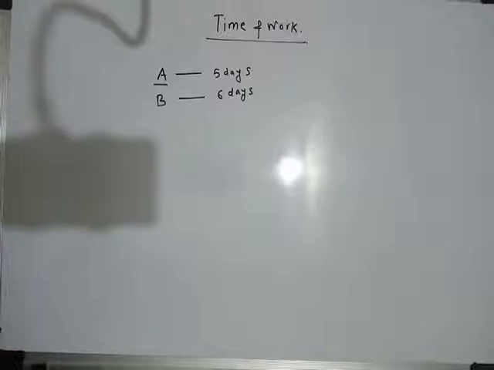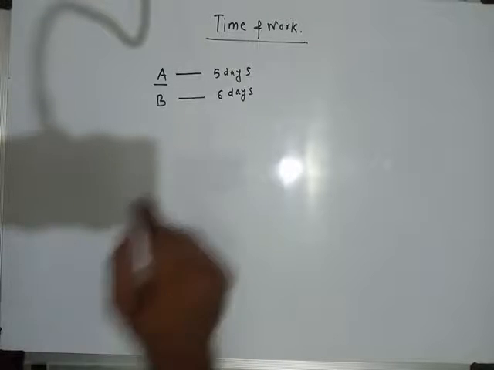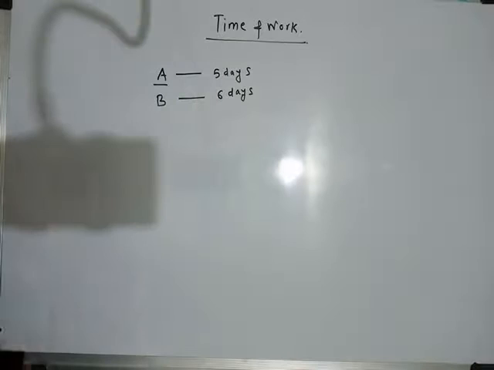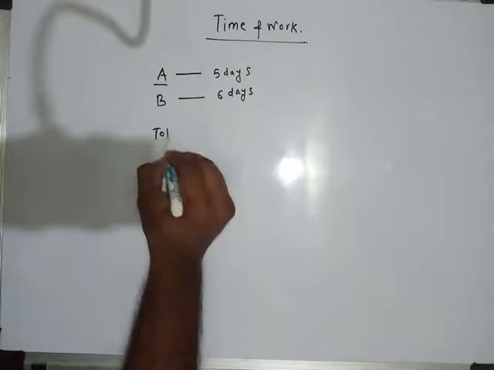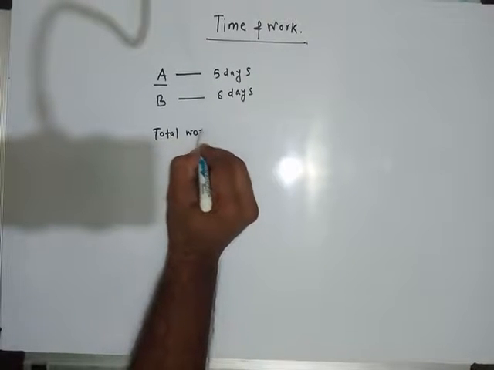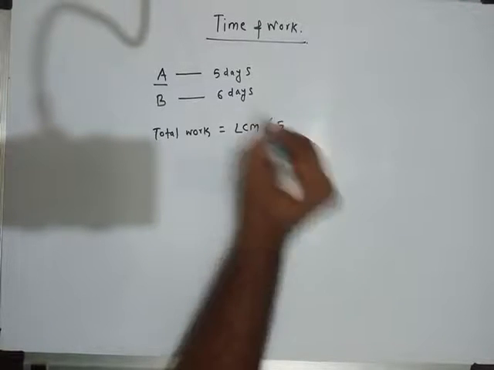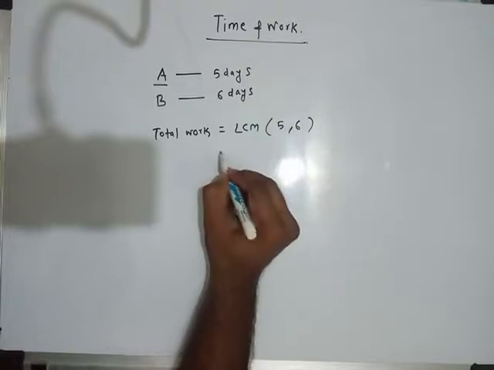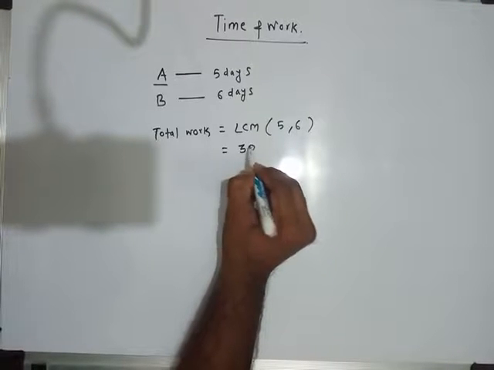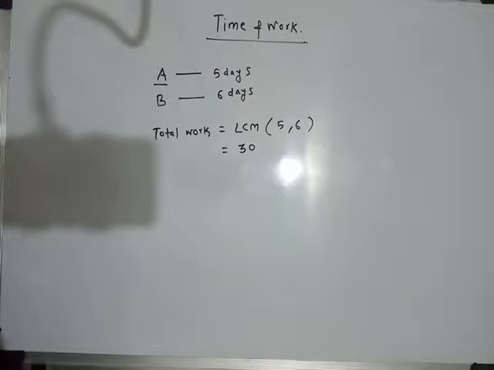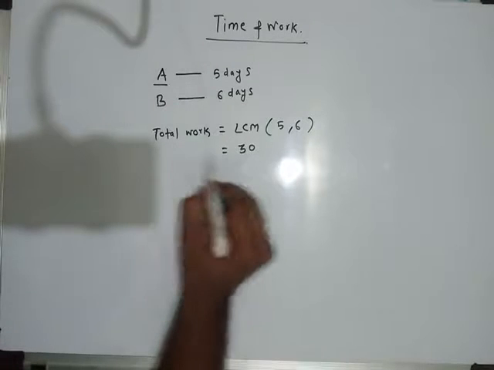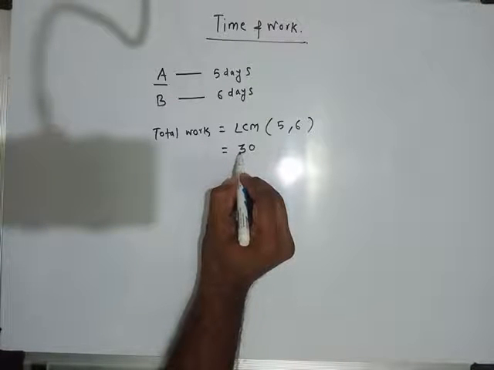To solve such kind of problem, we should assume the total work. So the total work we should assume will be the LCM of these two. So let's say the total work to be done is equal to LCM of 5 and 6, which is equal to 30. So now, to do this 30 units of work,